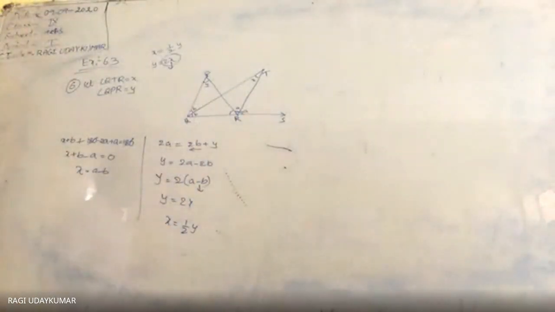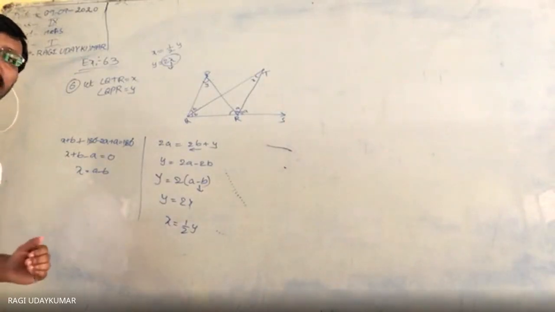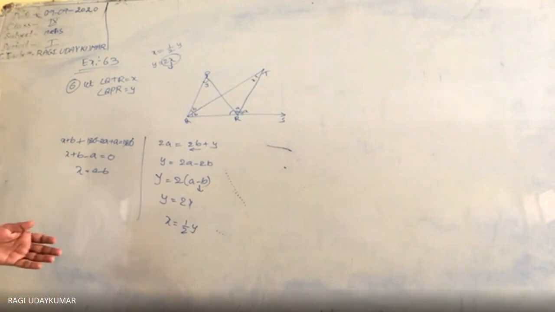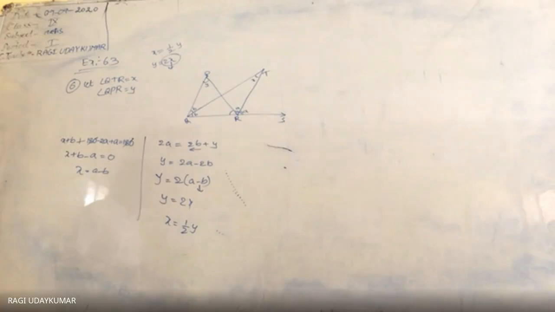In that way I have proceeded. You can proceed in your own way also, that doesn't matter. I am not saying to you to do this problem in this way only. This is the one way I told you. Otherwise, if you take the problem with the 3 letters, you may get confused completely. There will be a little confusion.